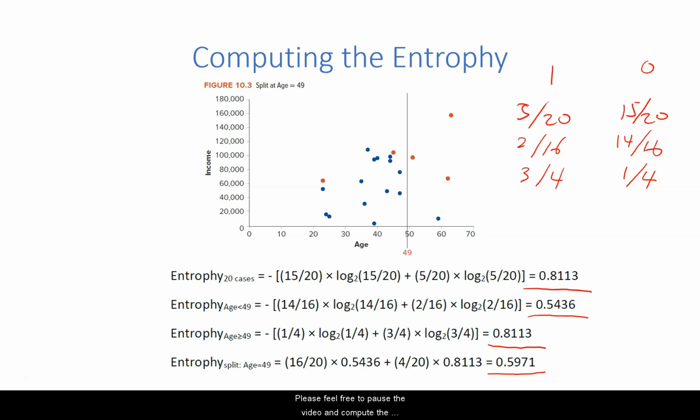Please feel free to pause the video and compute the entropy values to verify. Again, with 34 candidate split points, the split search algorithm will compute the entropy values for all potential splits and select the one that produces the lowest entropy value as the first split or the root node for the classification